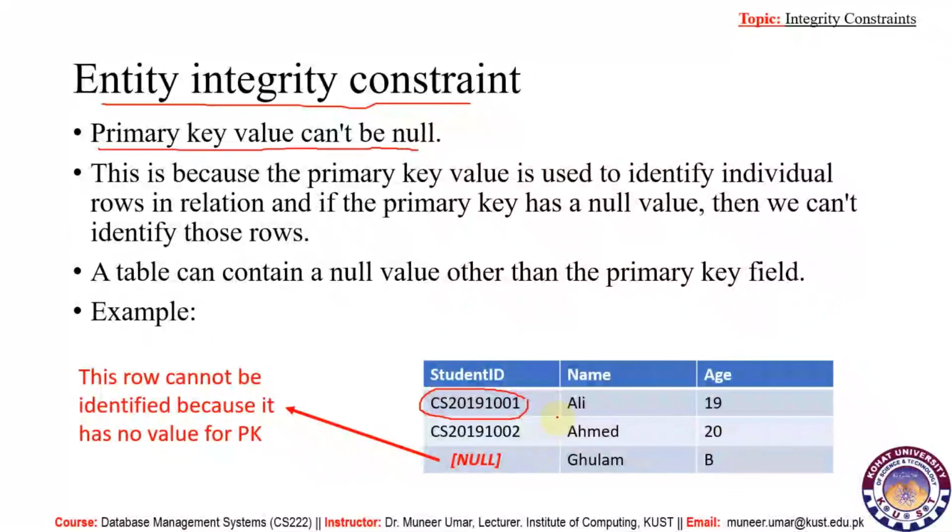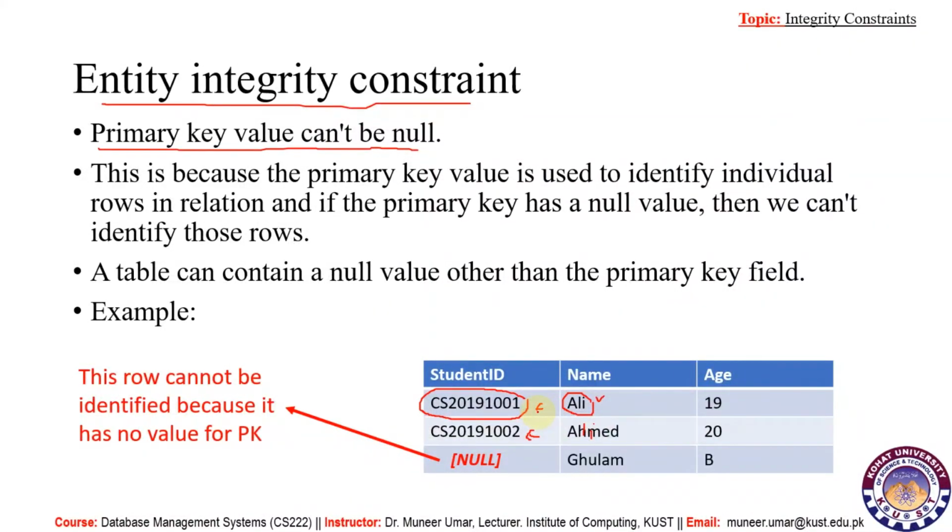Here we have a table, and in this table there must be registration numbers for all the students. Suppose here we have two students having the same name. Let's say this one is Ali, and the second one is also Ali. So it is obvious that two or more persons can have the same name, but their records would be definitely different. So we must uniquely identify these two Alis with their registration numbers, which would be different.